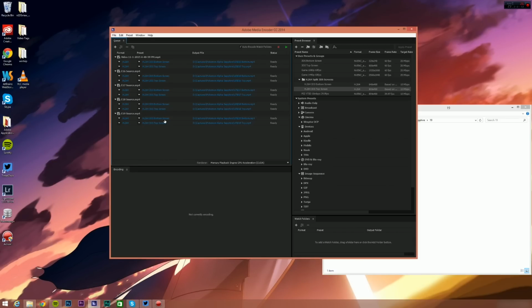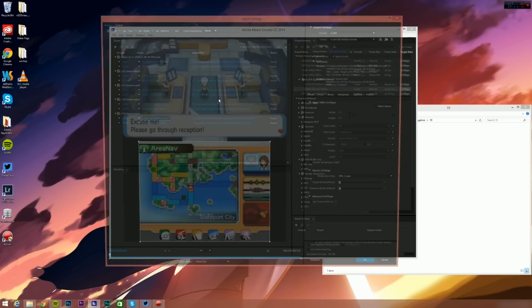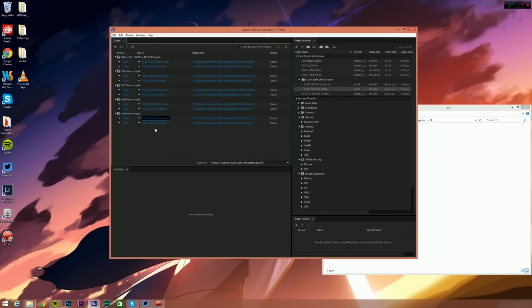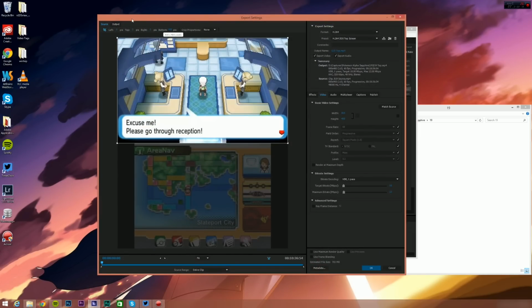So what I'll end up with is a bottom screen and a top screen for episode 19 along with the source. Now to show you these presets really quickly, so the bottom screen, what I do is, if you look in the top here, I've got some crop settings which basically pick out the 640 by 480 bottom screen, and it exports it as a 60 frames per second, just a standard video file, 12 megabit per second variable bitrate. So that's the bottom screen, and I've got the same sort of preset for my top screen over here, which just plucks out the top screen, and it also puts it into a video file which is 800 by 480